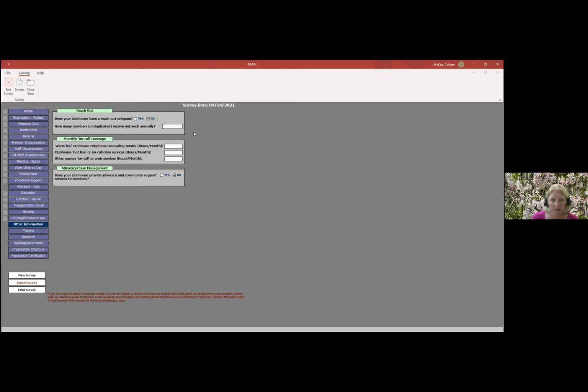Other information: how many members receive outreach annually? So this would be from the entire clubhouse. If your active membership is 40, that number might be close to 40 every year, because sooner or later throughout the year, you're probably doing outreach to most members at some point or another. If you have a warm line or hotline or on-call crisis services that are provided through the clubhouse, you would